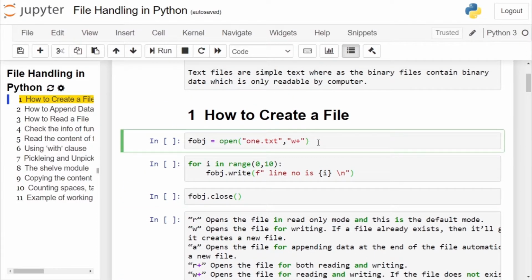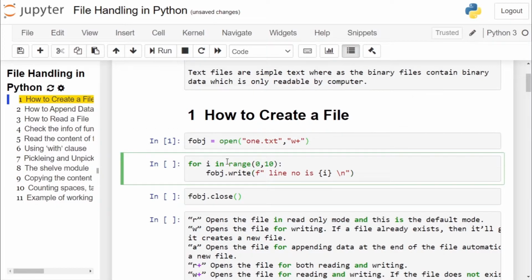So in the first statement, in the open function, we provide the file name 1.txt and we create the file in write mode. By this statement, the file will be created. It will be stored in the folder where your IPYNB file is present. Then after opening the file, you have to write some content into it.